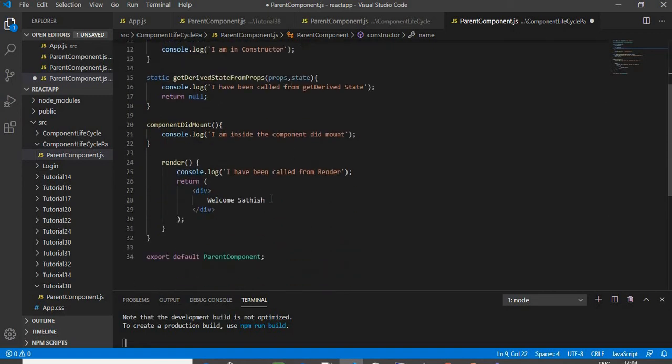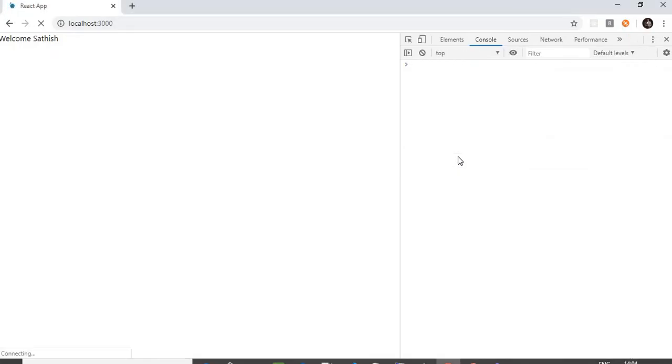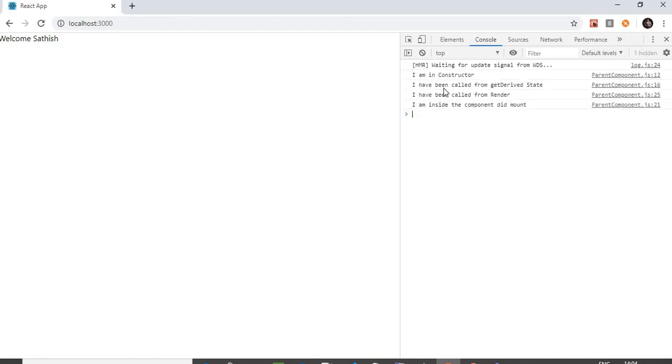and inside the div, instead of welcome over here, I am going to close it, open and close it, and inside this I am going to mention this.state.name, right? Going to save it. Let me take a look at the browser. So over here the error vanishes, and you can also take a look at the order of the methods in the mounting stage that got loaded.